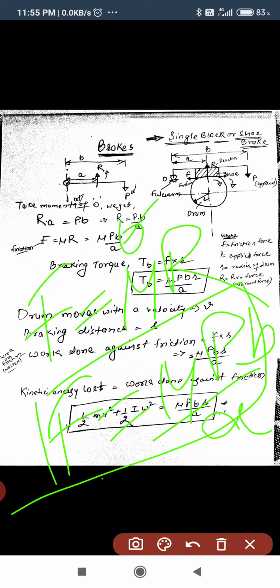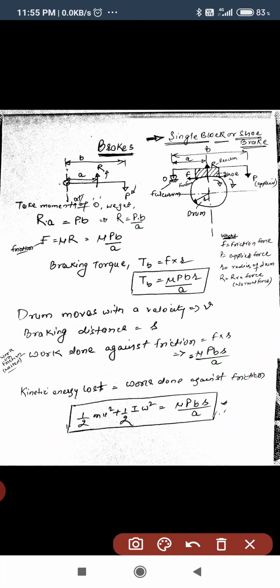So what is braking torque? Braking torque is the torque applied on the system to stop the system that is rotating. How do we stop it? By putting a force, and the force we put to stop the system has some frictional value. Because if a vehicle is moving at some speed, say 100, then to stop it we have to apply an opposing force, 100, so that it stops. The resistance force we call the frictional force. So whatever the braking torque is, we have to apply that much force so that we can stop it.